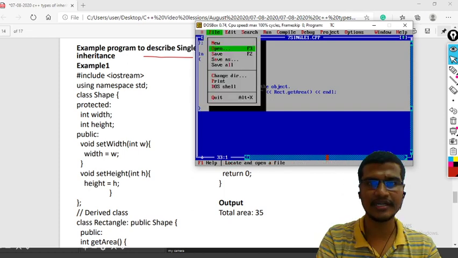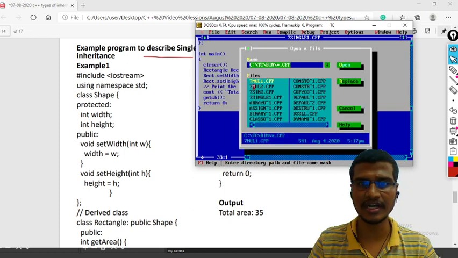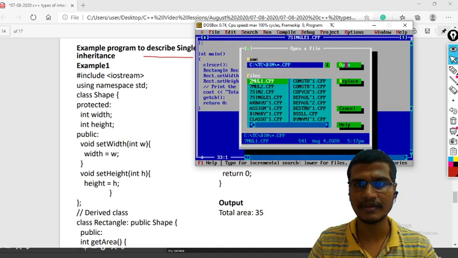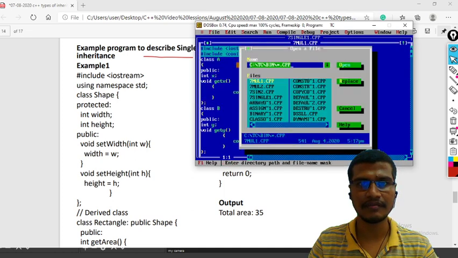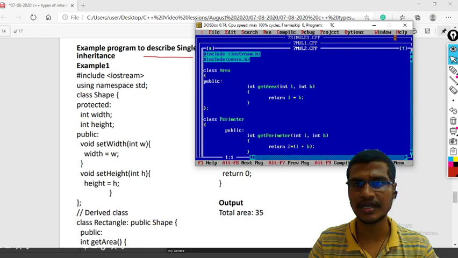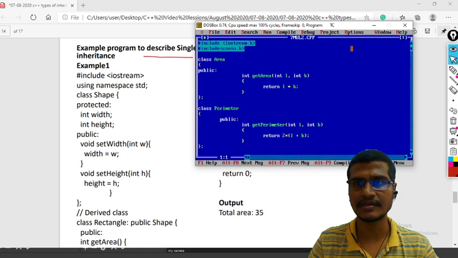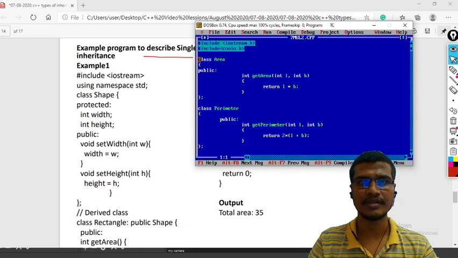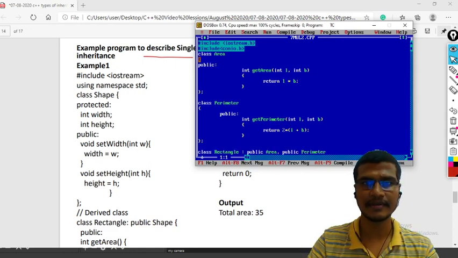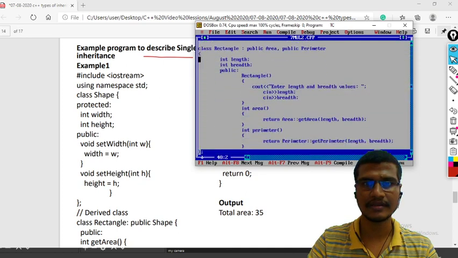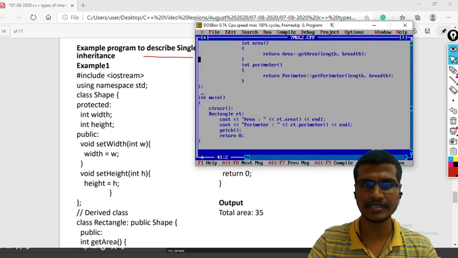And now I will see the multiple inheritance. This is your multiple inheritance. So this is your area. Okay. This is an example for this multiple inheritance.